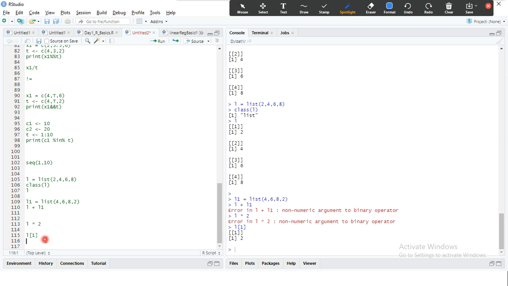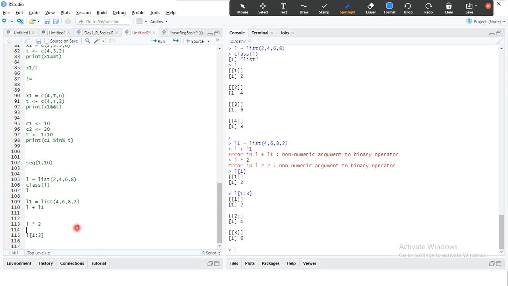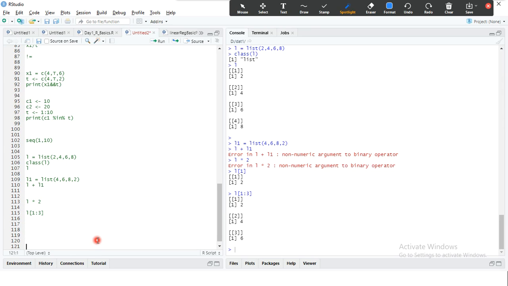Look here: 1:3, the range of values from 1 to 3. There is no rule that the index value must start with 0 and go to n minus 1. That confusion is not there. Pretty straightforward: 1, 2, 3 gives 2, 4, 6. This is far better. This is how you can slice the values from a list.